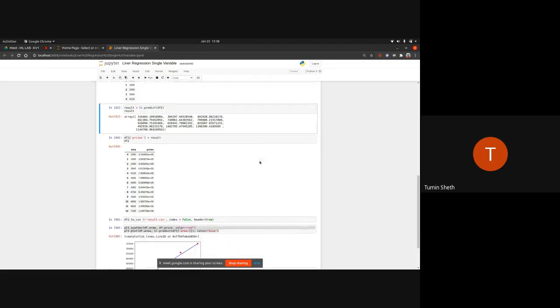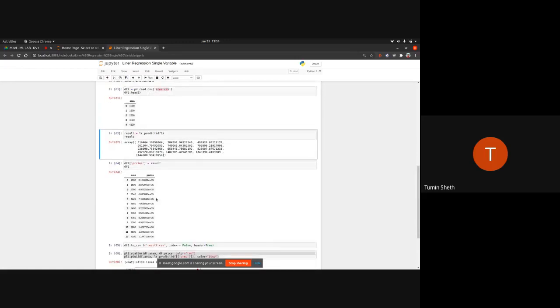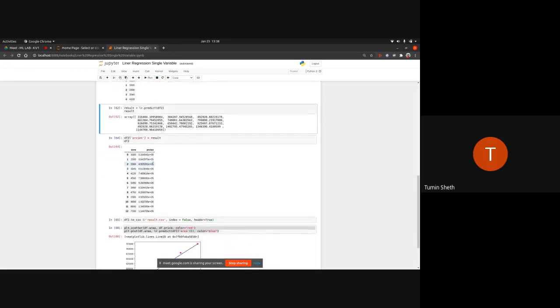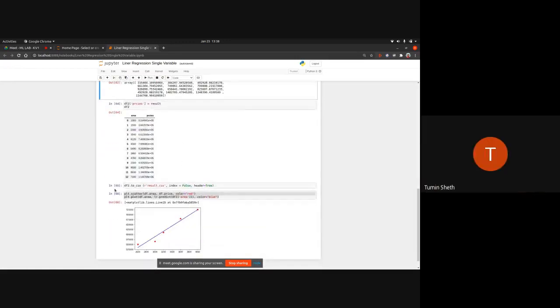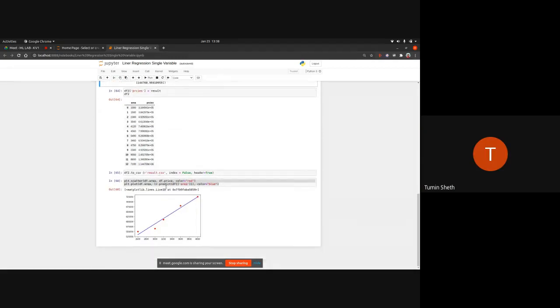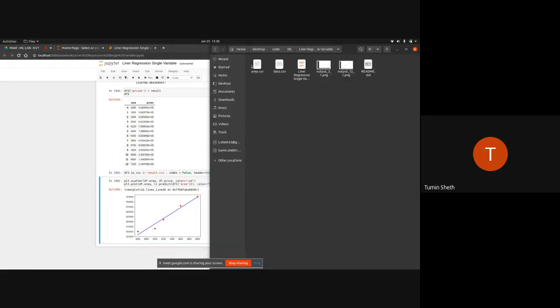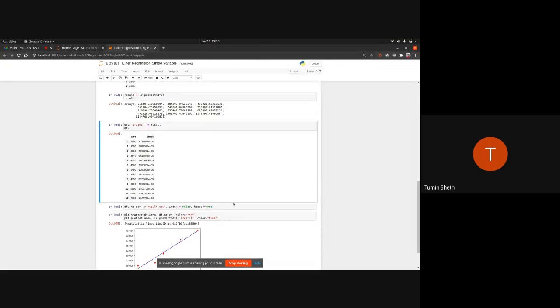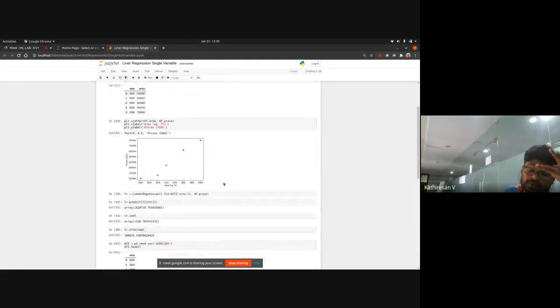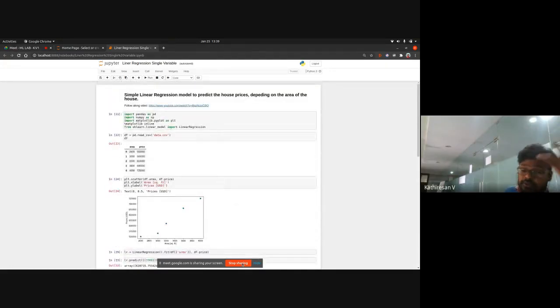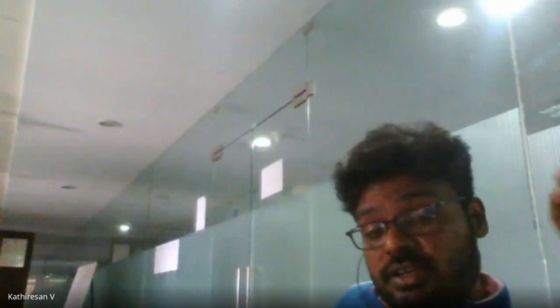I'm adding that to the data frame, calling it prices, storing that in the result.csv file, and then making a scatter plot of that. We have the result.csv file over here. I didn't execute it yet, but yes, this is most of it. Very good.